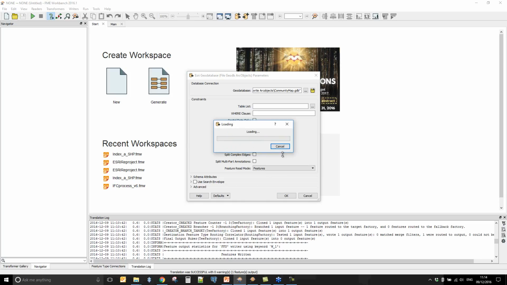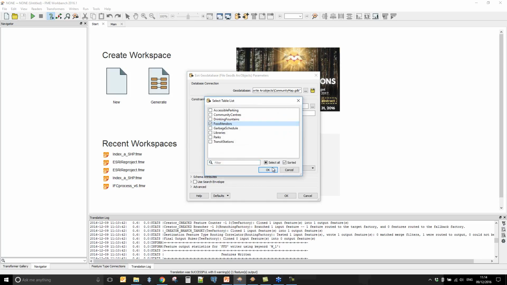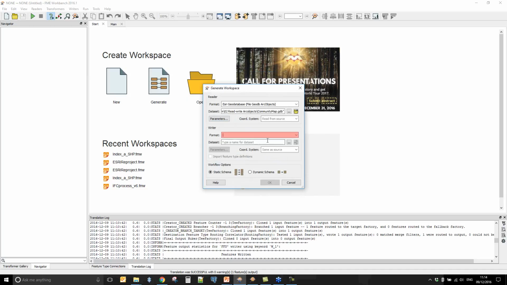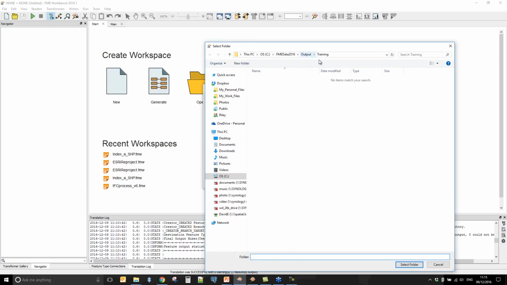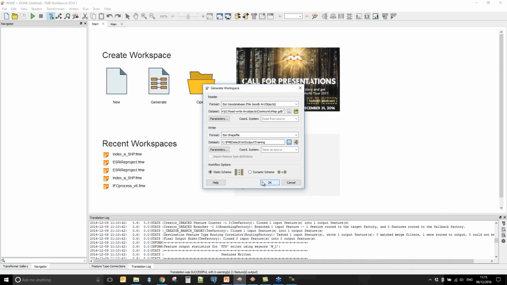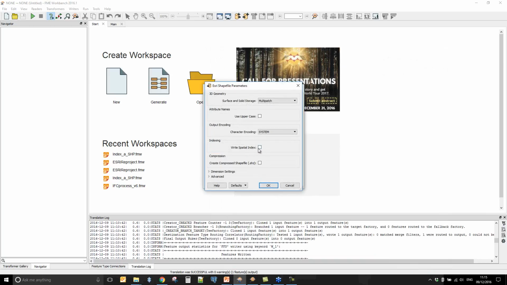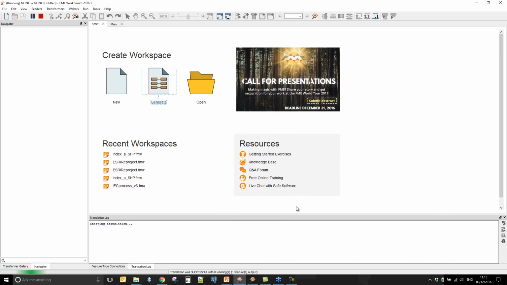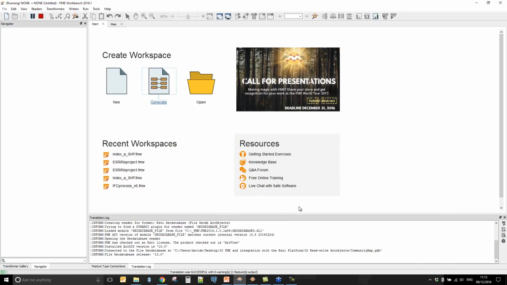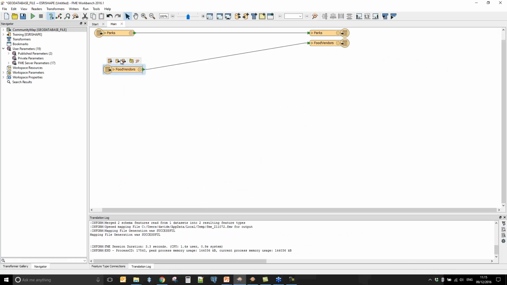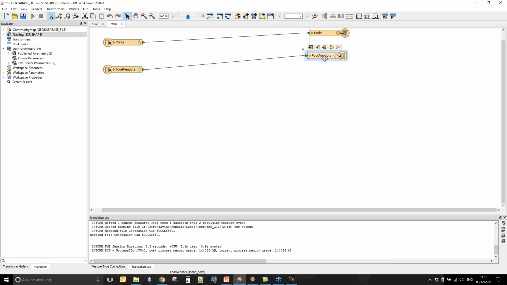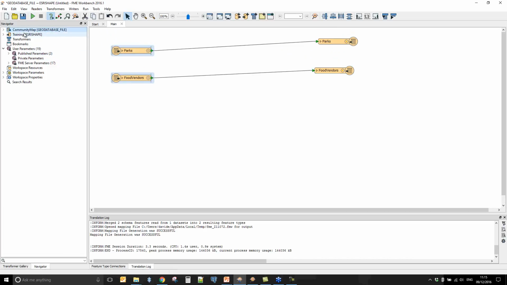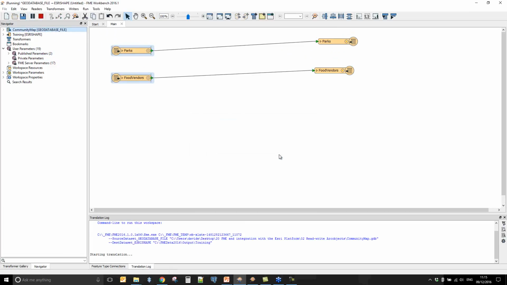So if I go and have a look again at the same capability, I'll go and read in food vendors and parks and bring that data in. And I'm going to write this out, in this case, to Esri shape. We'll specify an output directory that will go just there. I could specify a spatial index, but for the sake of this, we'll just bring that in as is. So there's our workspace. We have the ability now to read in our geodatabase content, and if I run that to our output directory,